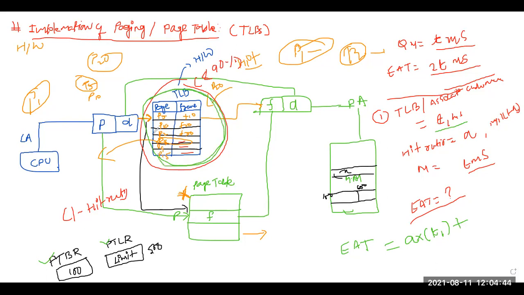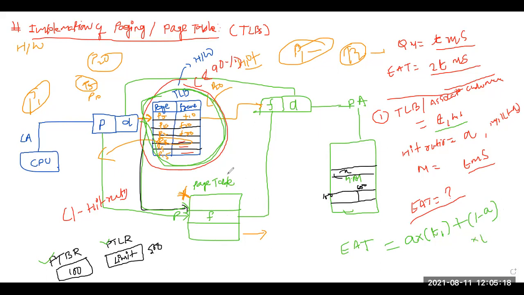Plus, if there is a TLB miss, that means if the page is not found here, what are we doing? Now I am going to access this particular page table. Then I am going to access this particular value. Now, if the data is not found here, that means there is a TLB miss. So what is the percentage of TLB miss? It will be 1 minus A. Yes or no? 1 minus A. What is 1 minus A? This is my TLB miss. If your data is not found in the TLB, that means 1 minus A into